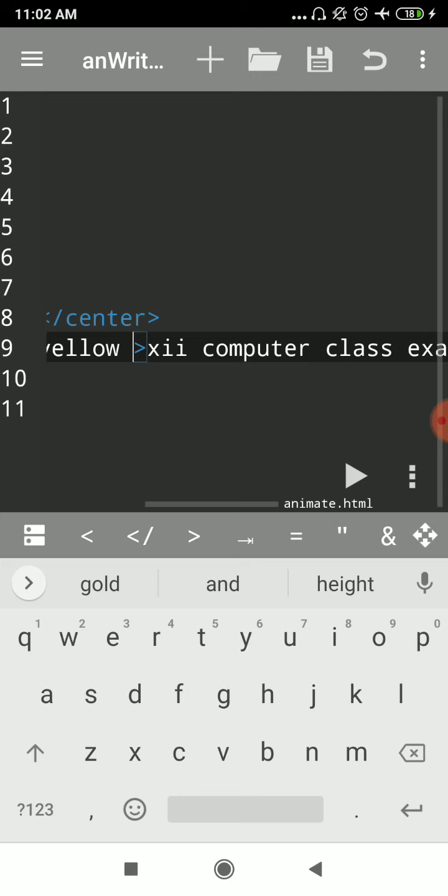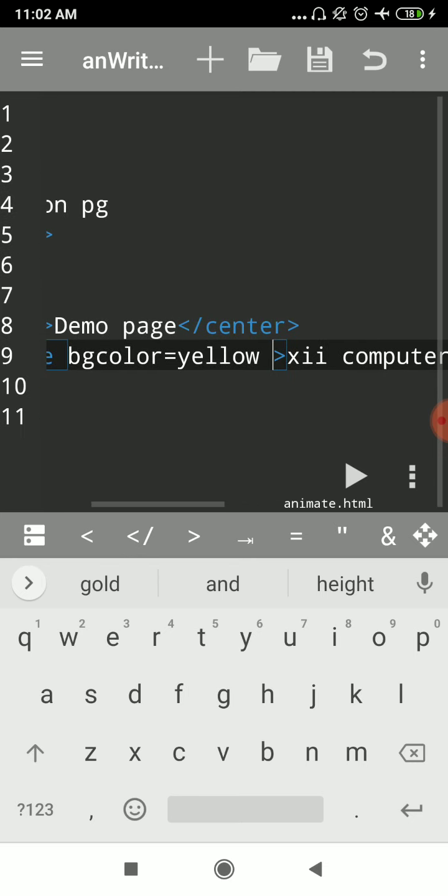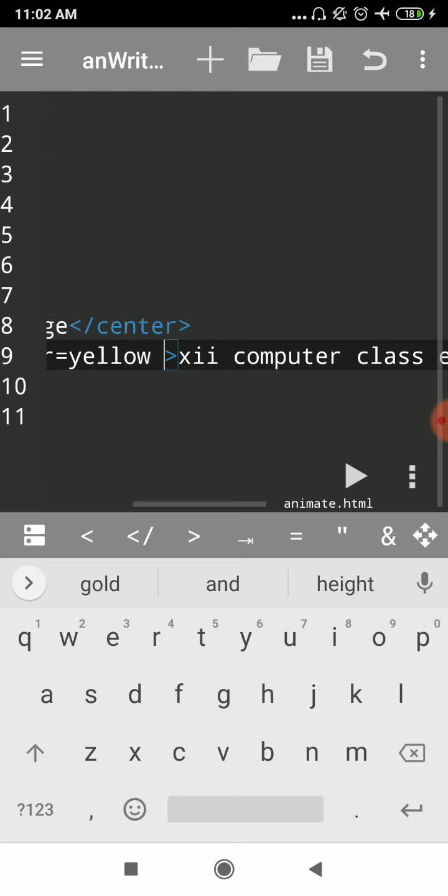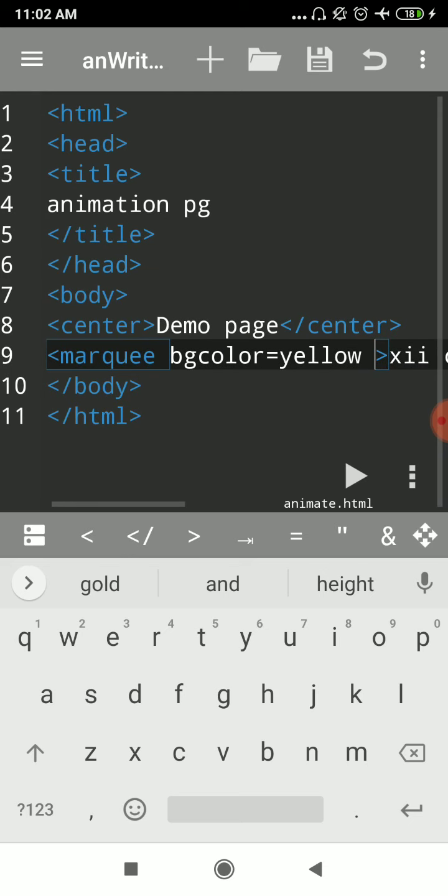For that, instead of this text you can use the img tag to upload the image and create the animation. That part I will show you later. Let me quickly finish with all the properties of the marquee tag.